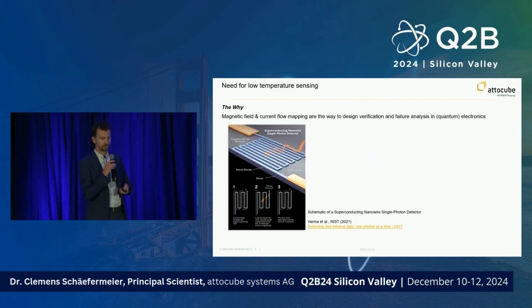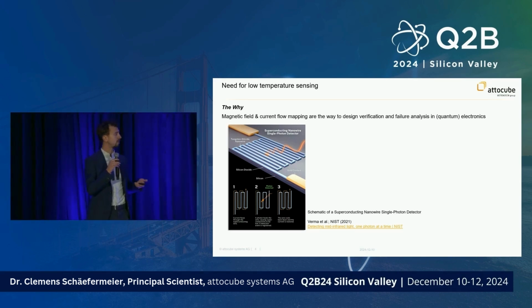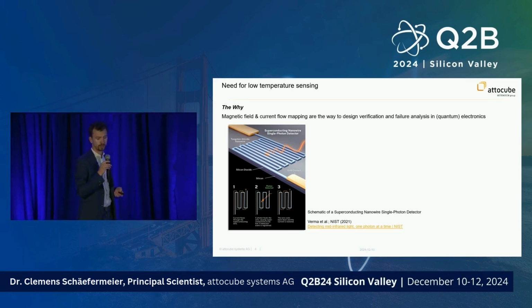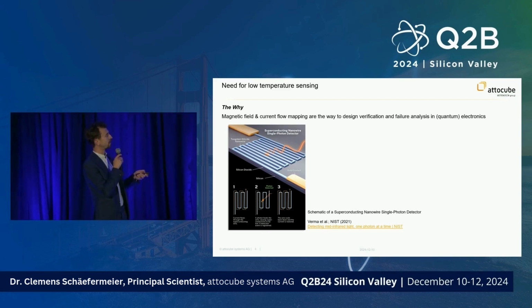And finally, something that probably was mentioned, or that people here use quite often, are superconducting nanowires for single photon detection. So the way this works is you have this meandering nanowire, which is superconductive at low temperatures. A photon comes and breaks the superconductivity. So this is how it's supposed to work.